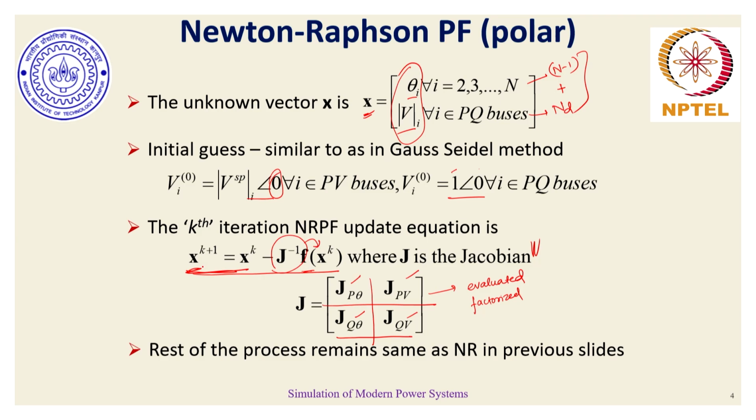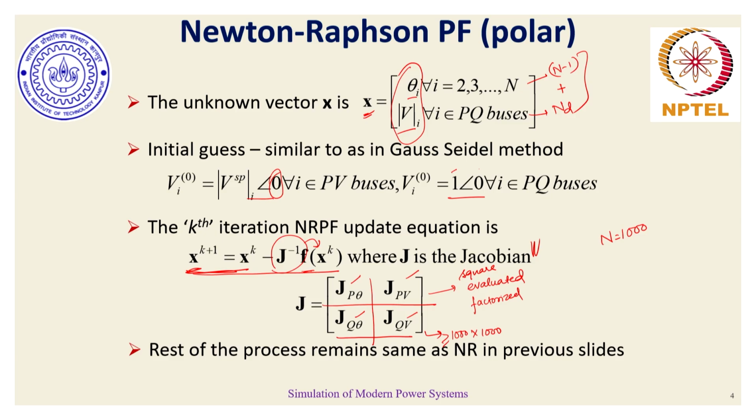So in terms of the computational effort involved, unlike in the Gauss-Seidel method, in the Newton-Raphson update equation, for a large bus power network, let's say a 1000 bus power network, or if capital N becomes 1000, you can imagine the order of the Jacobian matrix. It would definitely be of the order of more than 1000, and it is a square matrix also. So it would have more than 1000 multiplied by more than 1000 terms.